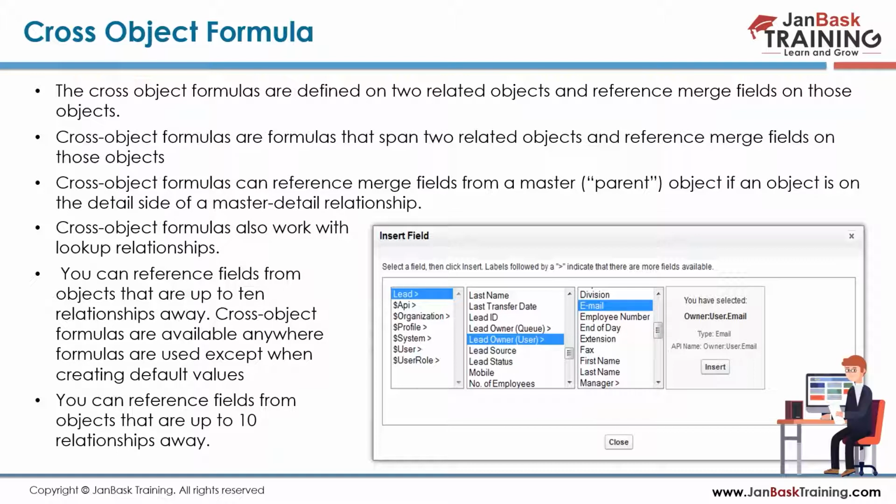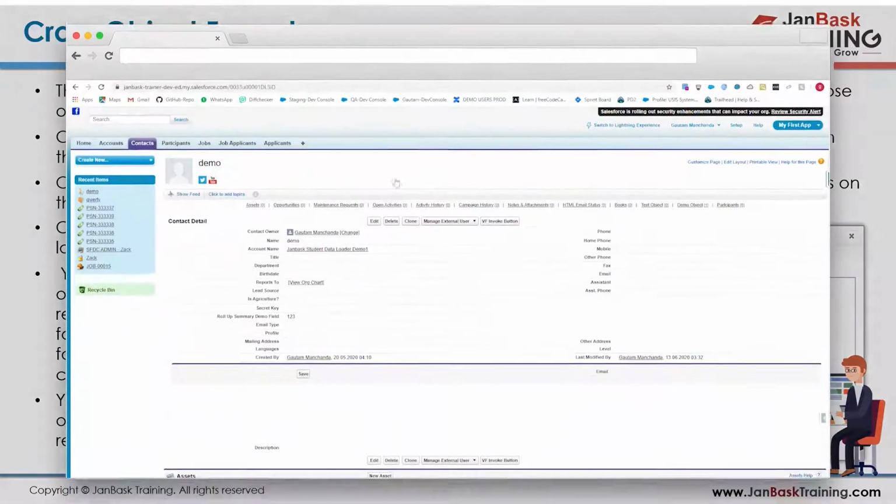Initially, you get the 10 levels deep option, but if you ask Salesforce, you can navigate a maximum of up to 25 levels, like from contact to account, then its account, then its user. So this is the flow. You start from a child, then its parent, then its parent, and this chain can go up to 25 levels deep. That is the power of using a formula field, and this is all configurable, so you need not worry about anything. Let's get back to the org and see some basic stuff.